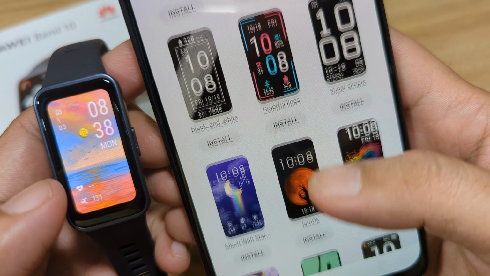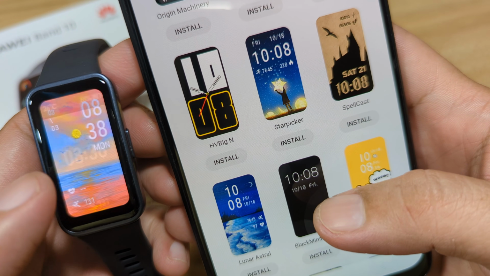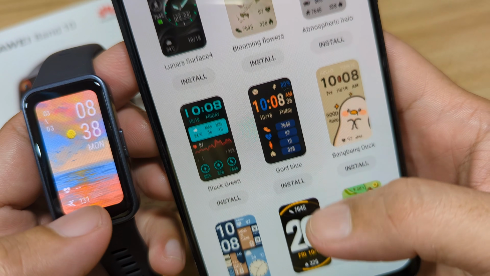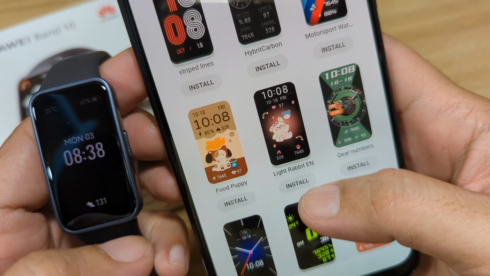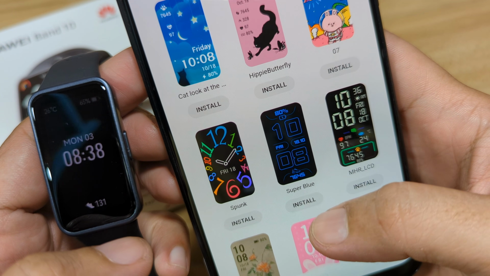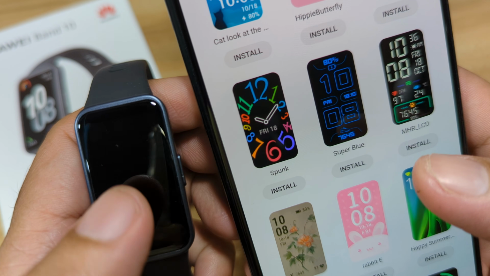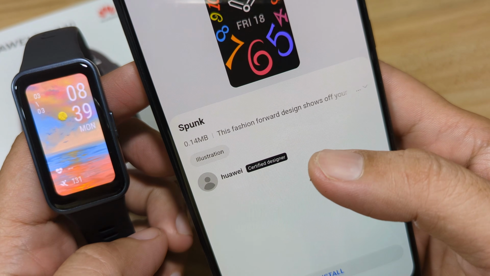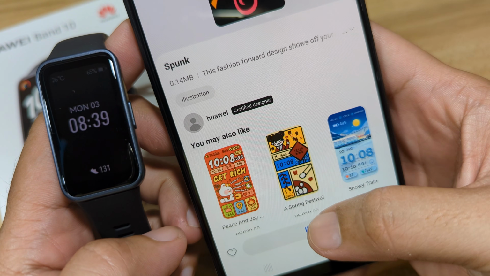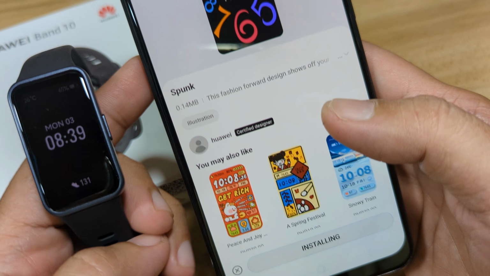So let's pick a unique color, unique design for our watch face. Let's scroll down or swipe down. So this is okay. Let's try this one, an analog style. Loading, then tap on install. This one is also nice.